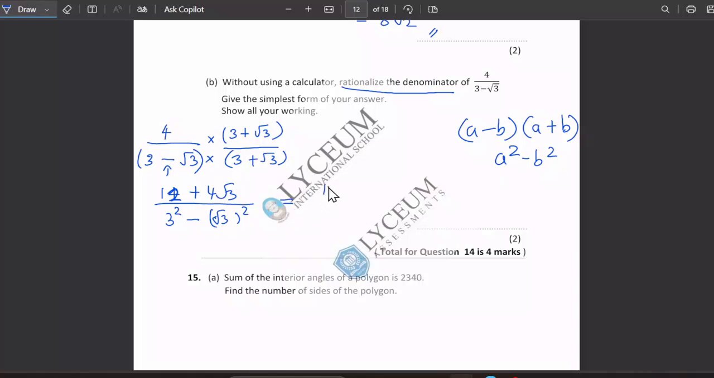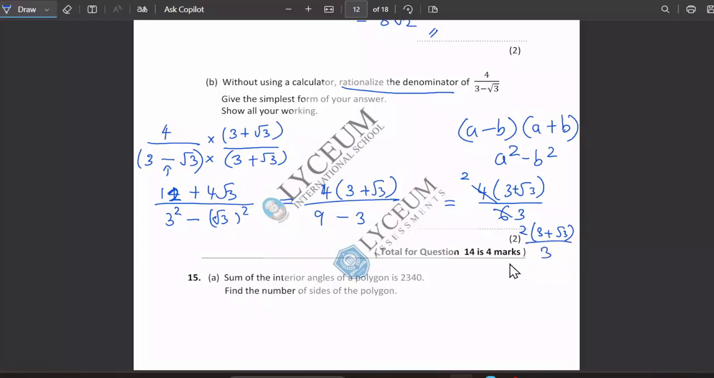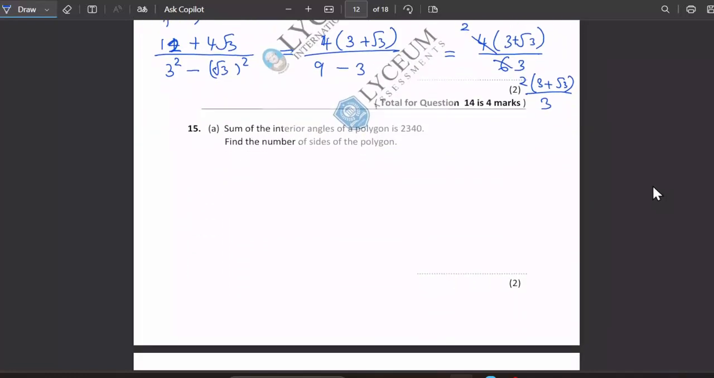Okay. So we can take 4 out as a common factor. This over 3 squared, 9, minus 3. For 3 root 3, 3 plus root 3, sorry, over 6. We can cancel out common factors. Then again we can put 2 times 3 plus root 3 over 3. Okay, that's the answer. Now in the 15th one,